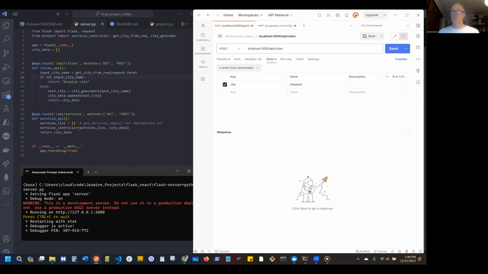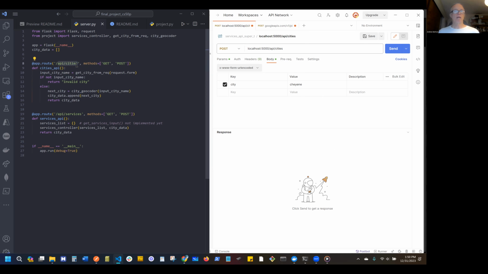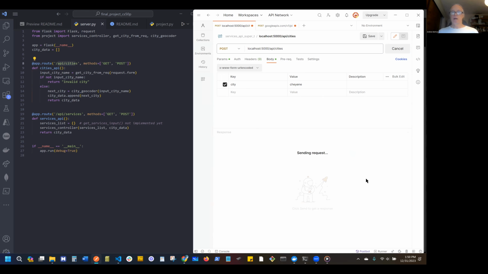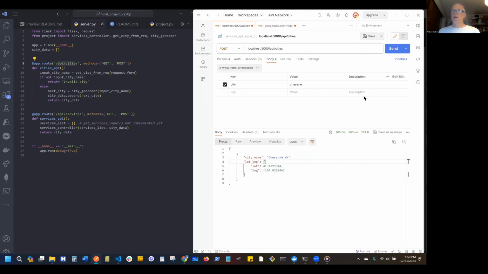It sends the request as if it was from a user on a front end. So we can send the same request. It's going to port 5000 to this API cities route, which is over here. This is in our Flask server. We have the API cities route. So if we send that, it goes out and does the same thing. It called the geocoding API and got the lat long and saved it. And so that shows you how my backend works, or my Flask server works, I should say,